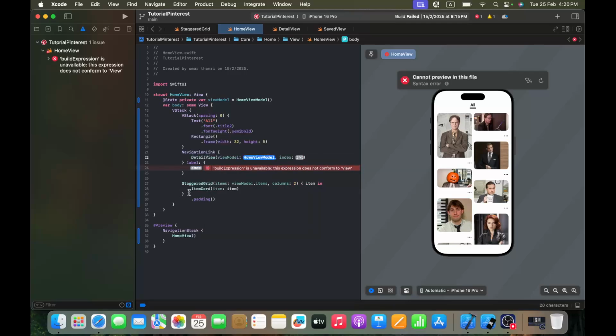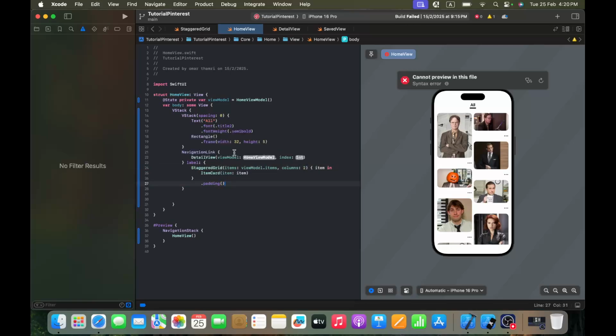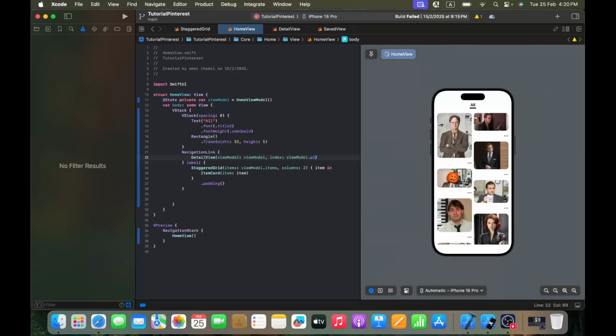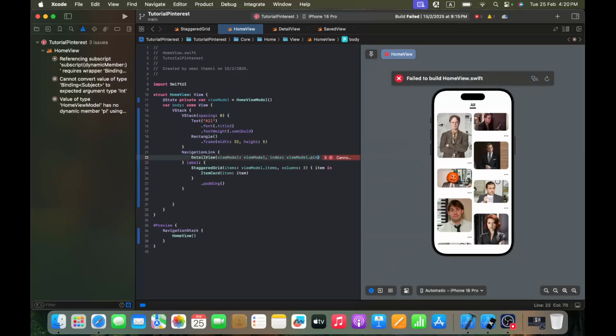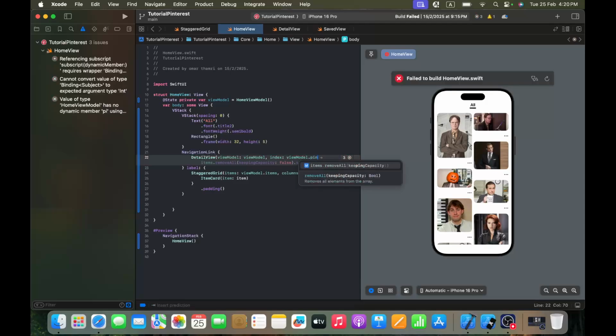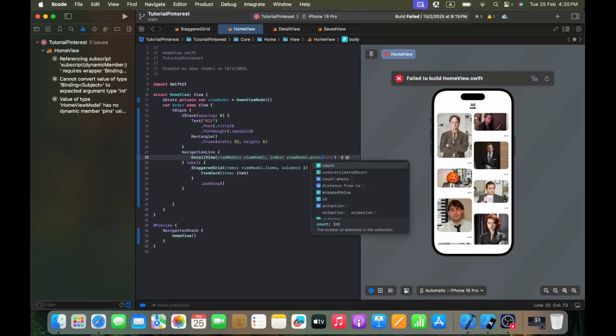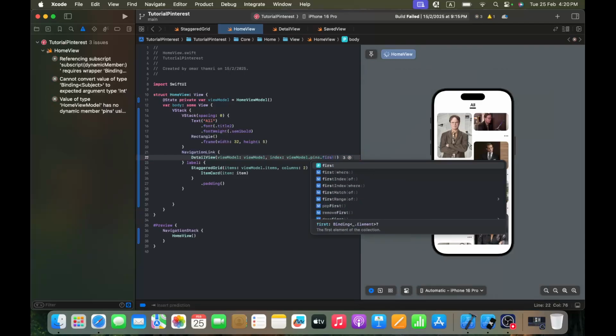And for the label, we will copy this and paste it. Okay, perfect. For view model, we will give it the view model. And for the index, we will give it view model dot pins dot first, where